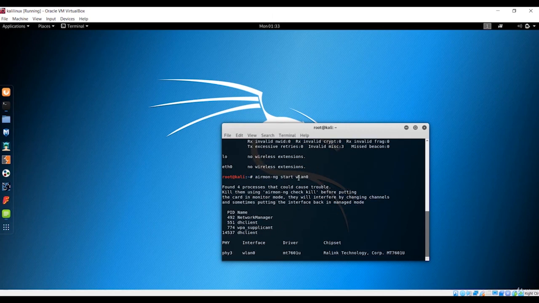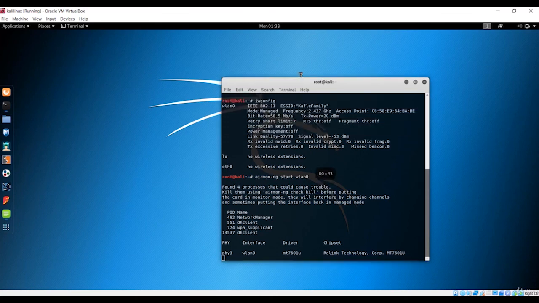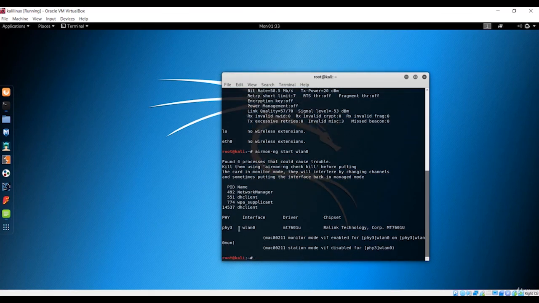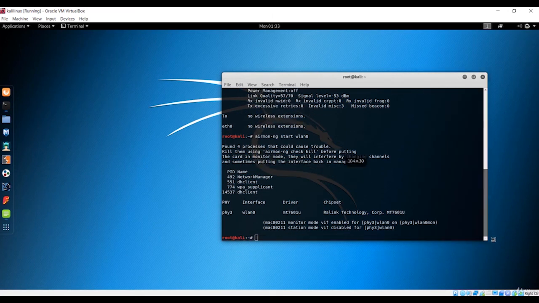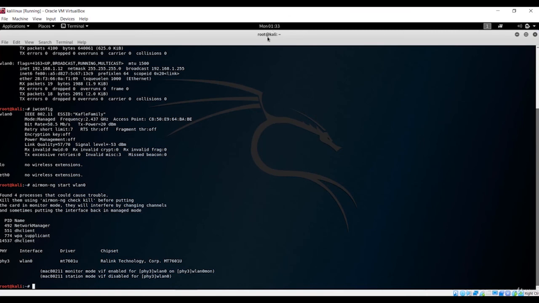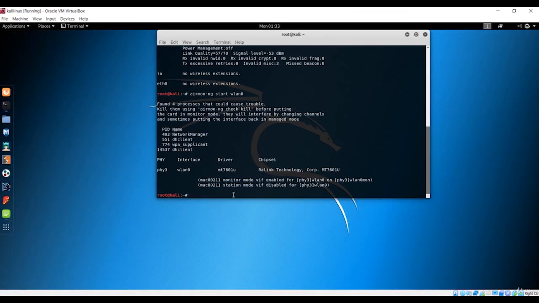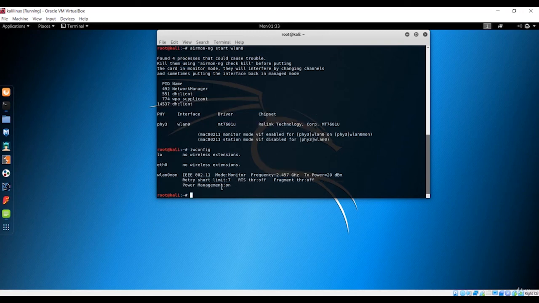We have seen this in the previous lecture. Now our card will be down and the interface is WLAN0mon. In your case it can be mon0. And now what you need to do next is use airodump-ng, because if I check the configuration, you'll see it is in monitor mode. So we can trace every packet going through the gateway. So airodump-ng, and the interface name here is WLAN0mon.